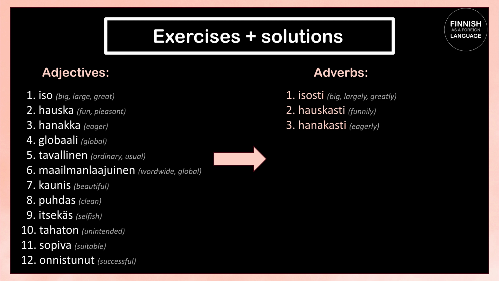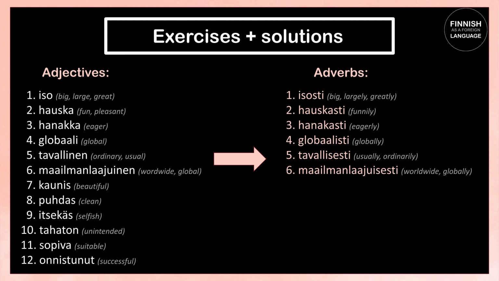That's right, it's hanakasti. Next one, globaali, meaning global. The adverb is... very good. It's globaalisti. Next one, tavallinen, meaning ordinary or usual. The adverb is... very good. It's tavallisesti. Next one is maailmanlaajuinen, meaning worldwide or global. The adverb is,